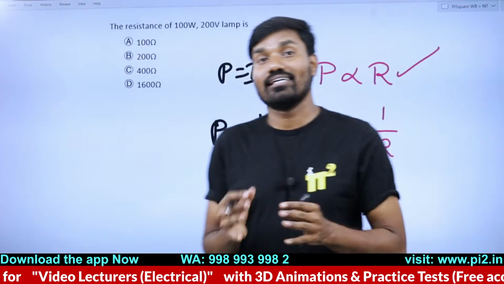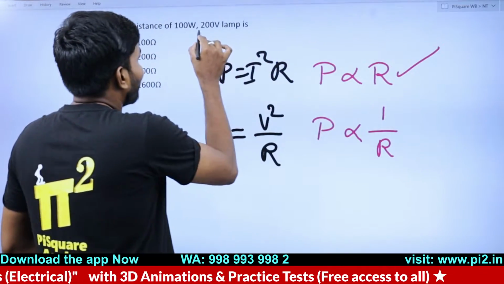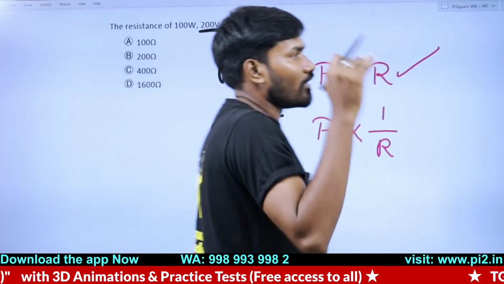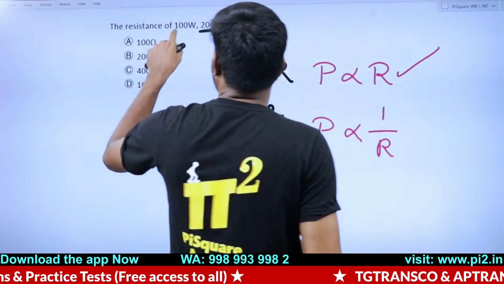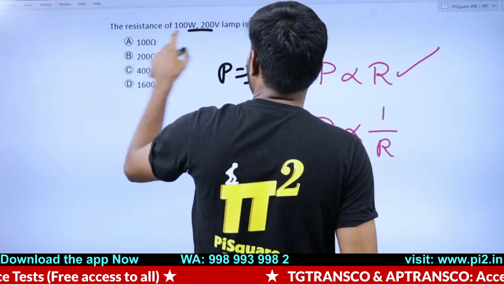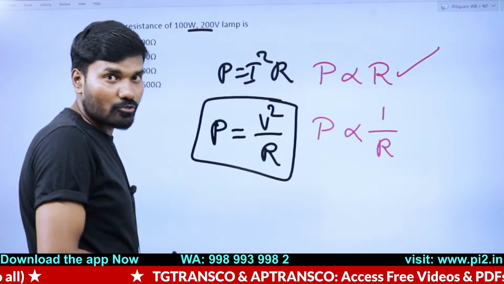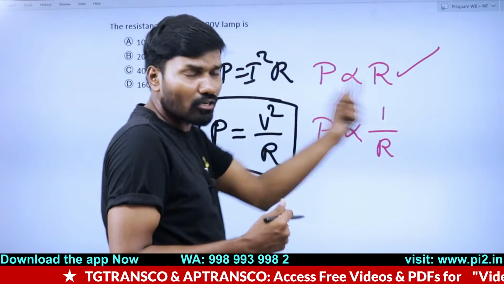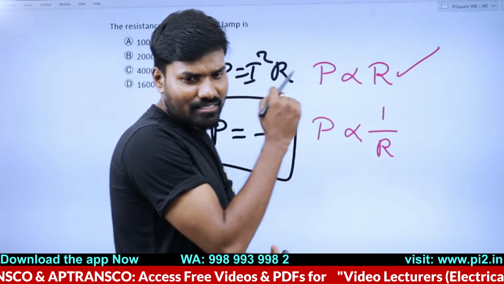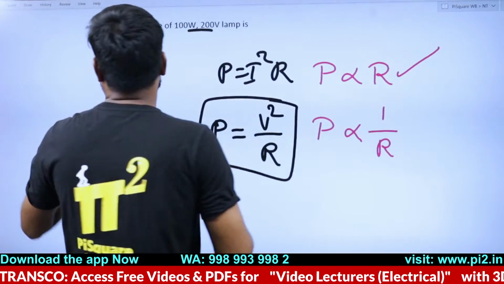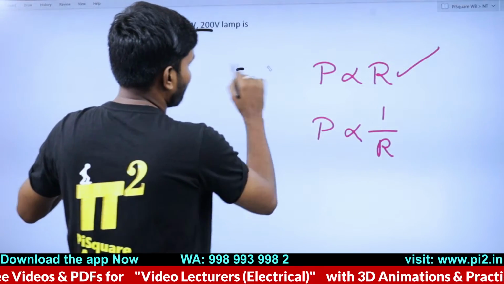When you are fixing voltage as constant. Now in this, it is said voltage is 200 volts fixed. Now it is said 100 watt. Now it is asking for resistance. So I should be using this formula. In this formula, when I use it further, you are going to get an inversely proportional relation. This is a key point which you should never miss. Let's see using this formula.